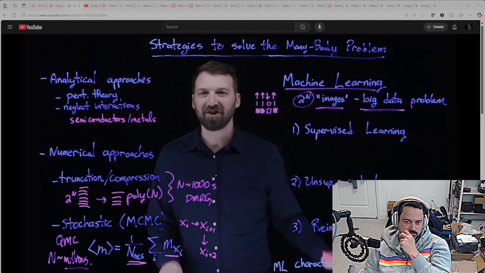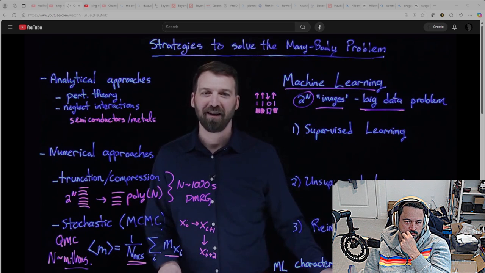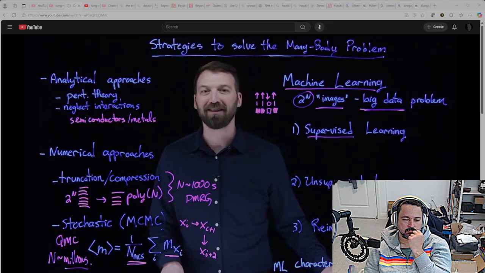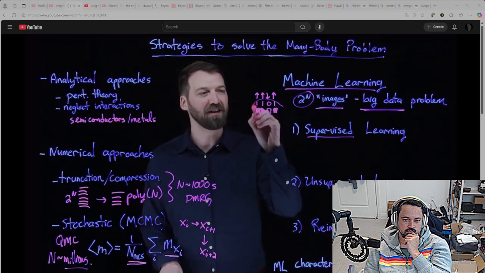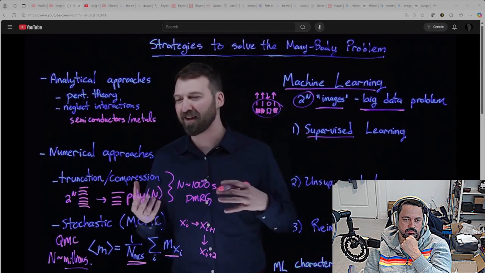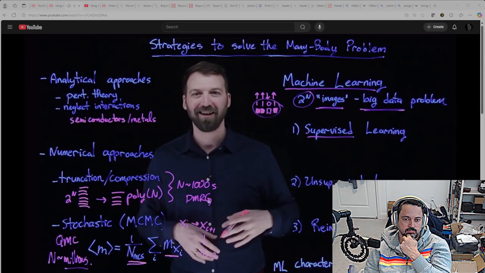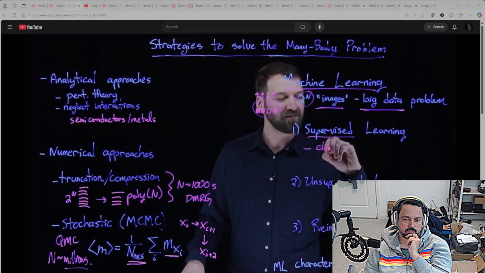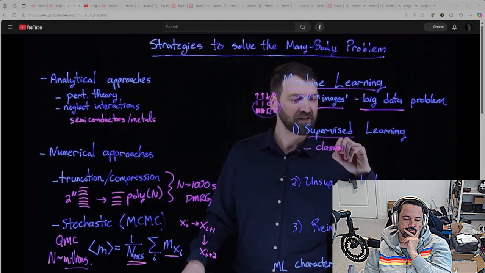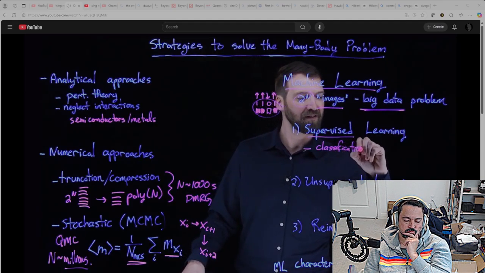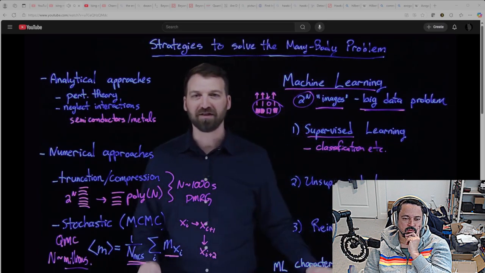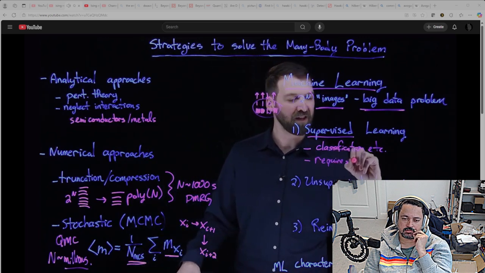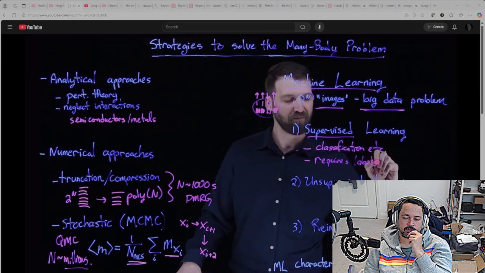There's various different strategies that we're used to employing in machine learning that we can turn to for the quantum many-body problem. Supervised learning is when we have data with labels. So if we can take configurations and label them, say ferromagnetic, paramagnetic, quantum error correcting, or whatever, then we can essentially do many tasks in classification, etc., with supervised learning techniques. This, of course, requires